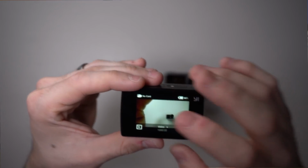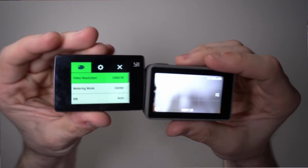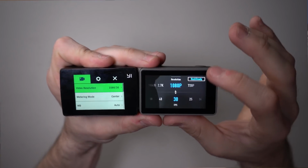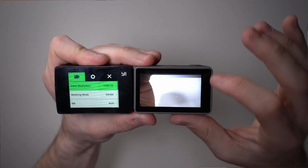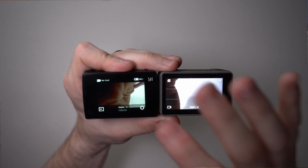I mean, it is a very versatile action camera, and it does have, again, one of the top of the line. The Osmo Action also has a pretty usable touchscreen, and I'm not saying this to take anything away from the Osmo Action. I do really like its user interface. It's a fantastic user interface, but what makes this so good on the Lite is that for the price, you